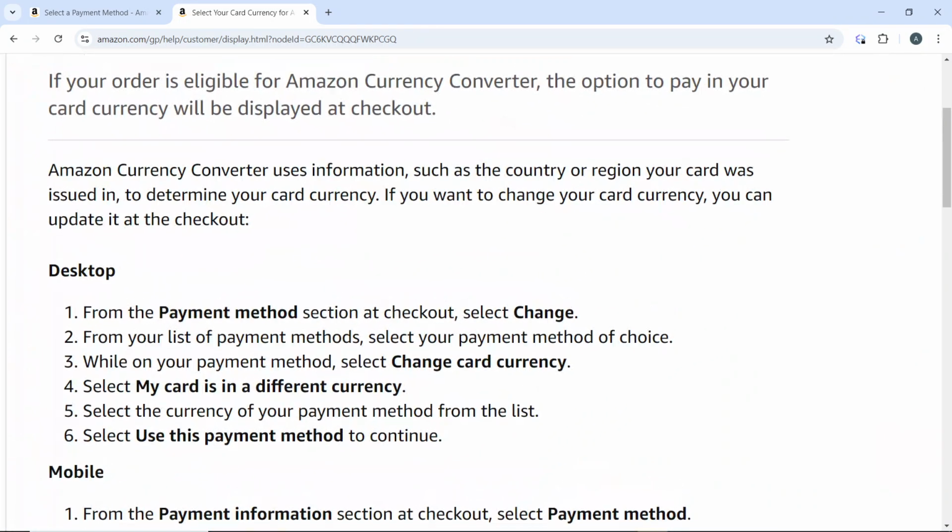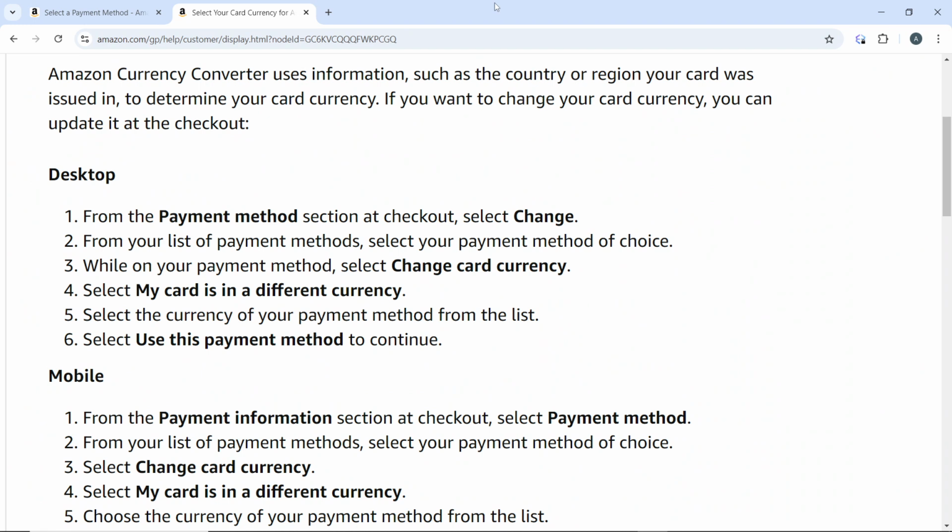Now, from the payment method section at checkout, go ahead and select change. And from your list of payment methods, let's say you've added a payment method already and you want to change it. Select change beside the payment method. And from your list of payment methods, select the payment method of choice or just go ahead and add a new one. Now, while on your payment method,